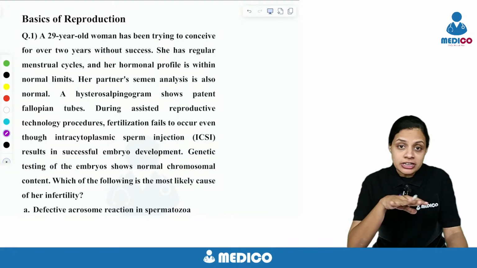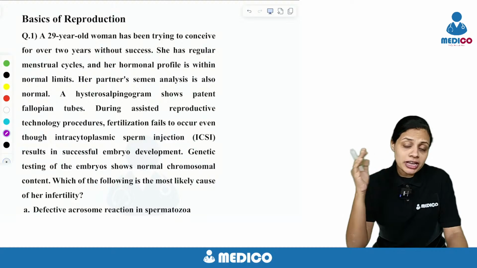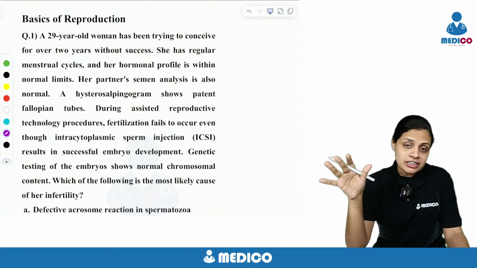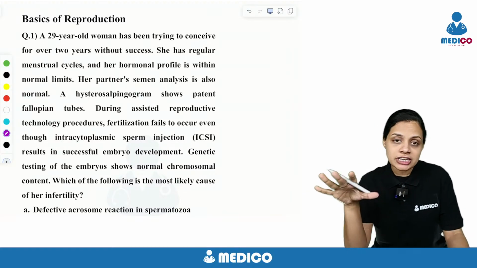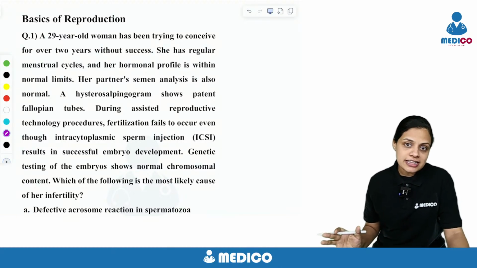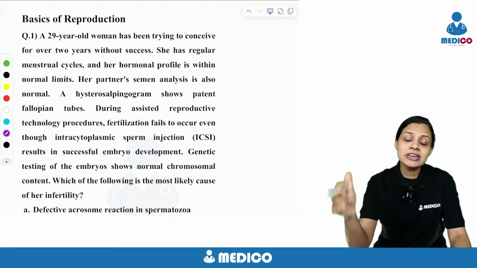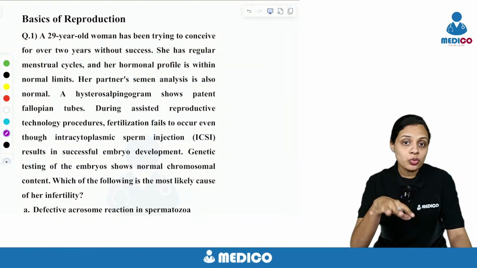Whether it is for your NEET PG exams or for your INI-CET exams, you might be studying all your theory parts now. Whatever you have studied so far, I hope that you are up to date with your theory. But what is more important as far as these exams are concerned is that you do more and more questions, as many questions as possible. So that is what we are trying to help you out with here.